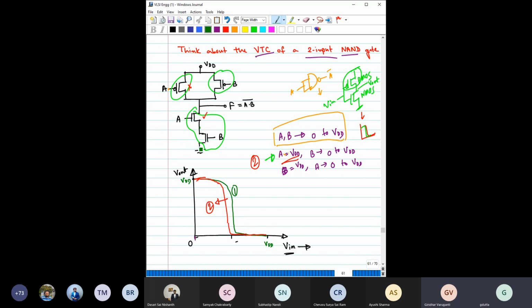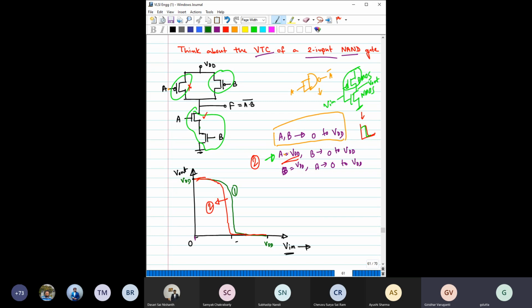So body potential is zero here, but here you do have some body potential, right? And that will make the threshold voltage slightly different. As a result, the VTC will also be different between 2 and 3,